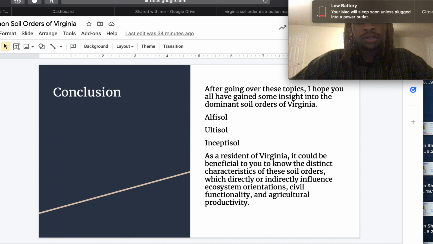These are the main soil orders that are present within the state of Virginia, and they affect pretty much everything around us. I hope this presentation